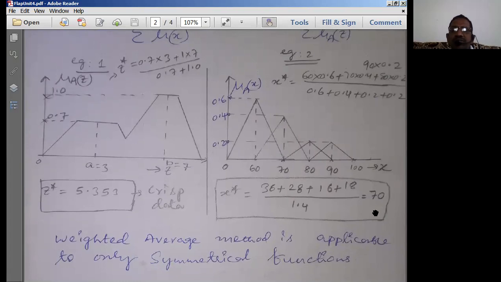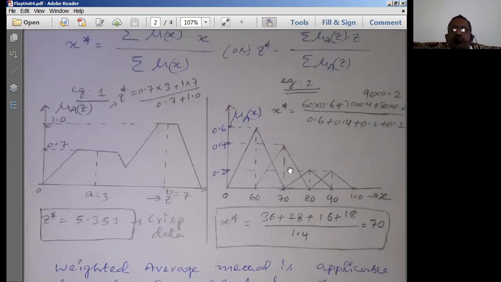Now, next example, let us look into a sequence of triangular functions that has been given to us. Okay. Now, what is the actual function we are going to get after you trace out the union of all these things? We get it like this. You get a triangle up to here. Then from here it extends like this. From here it extends like this. From here it extends like this. Like this we are going to get. So this is the tracing of the entire boundary of this particular union of the relational fuzzy set for us.